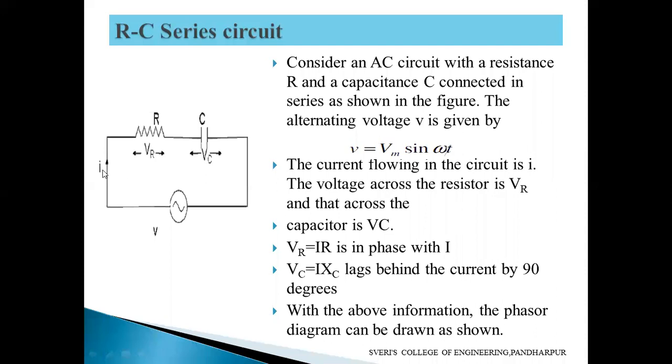Pure capacitance में कैसे बोला है? Yes, sir. Current leads the voltage. We cannot say that one complete voltage here now. Only voltage across the capacitor we are considering here now. Voltage across the capacitor lags the current by 90 degree. Our current leads the voltage across the capacitor by 90 degree. Both sentences we can tell. So VC equal to IXC we can write down here now, and VC lags behind current by 90 degree.